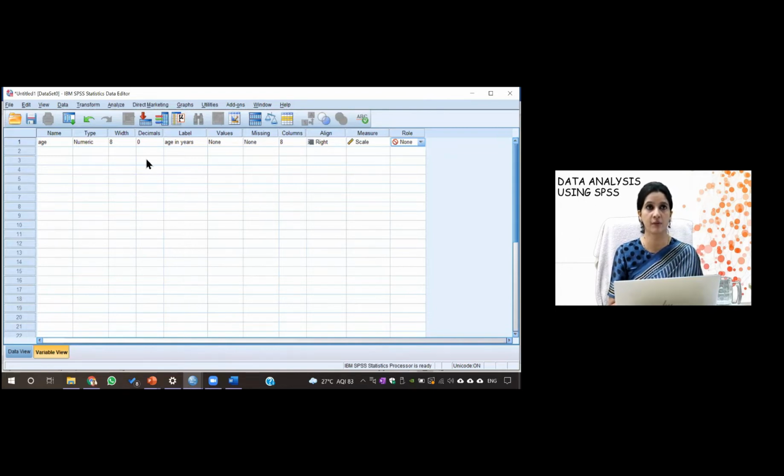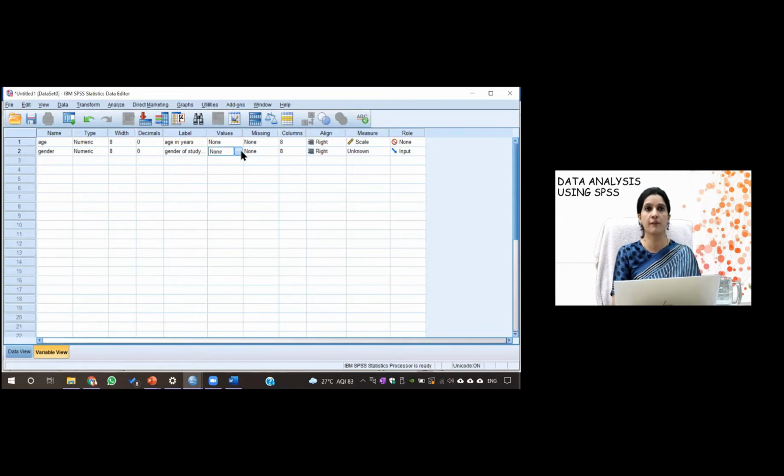Then the second one, if I see, was gender. Since this is a small name, I have put it as gender, and gender is again a type of numeric, but I have given it a code, so I'll remove this 0. I'll write the gender of the study subject. And then values again.